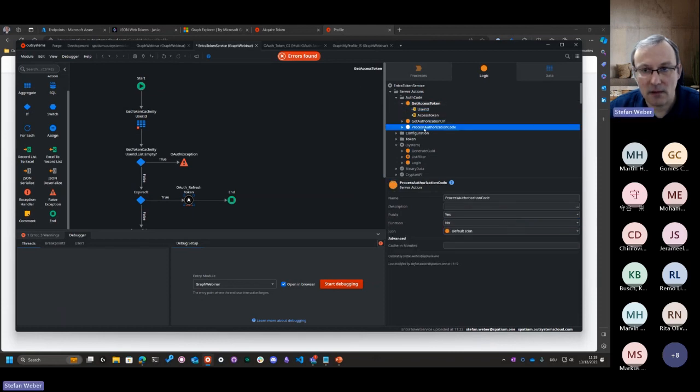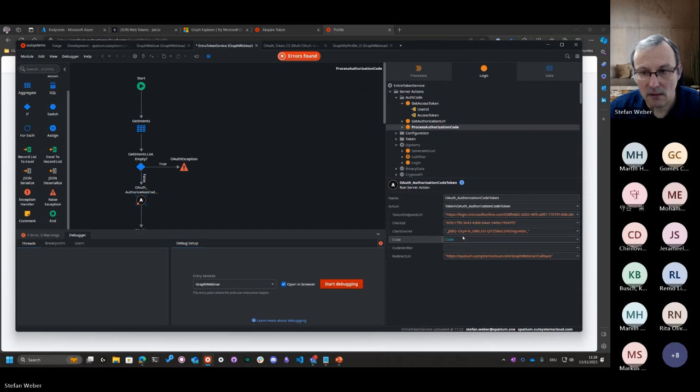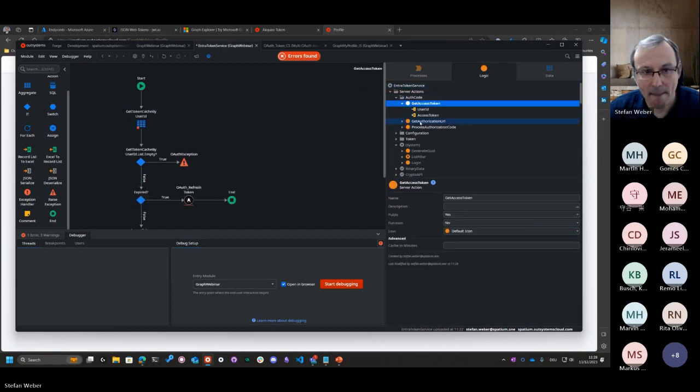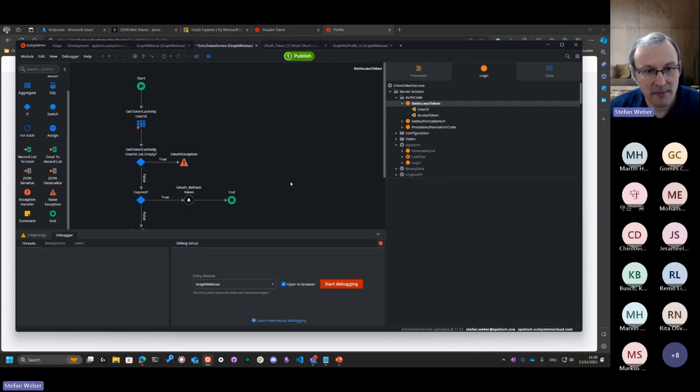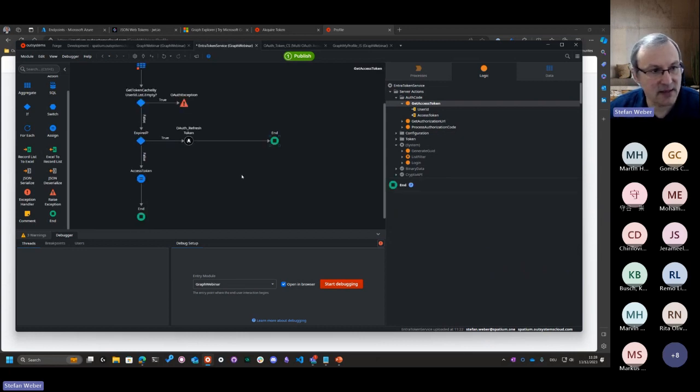The secret and the current refresh token. Oops, I have to move this a little bit up. So now the refresh token. And if that succeeds, okay, so if this here